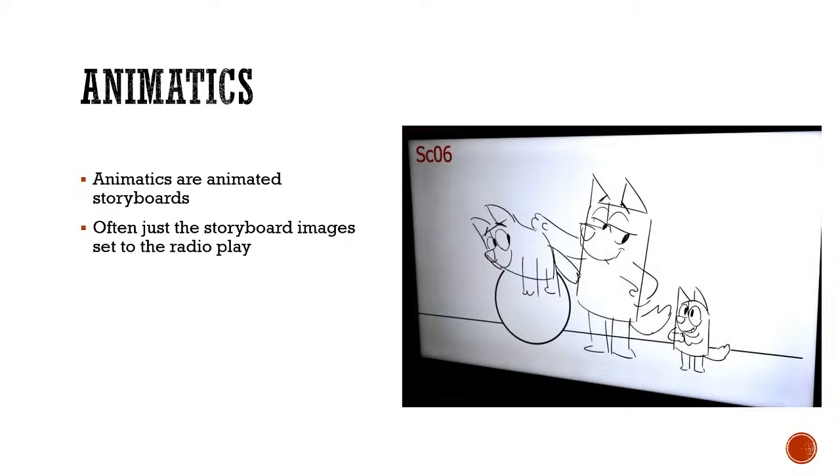I shared three. I shared one for a Gorillaz music video, which is just the song, and you'll see the drawings stay there motionless until it's the next shot. So you'll see the shots go by, and if there's a zoom on a character's face, it just zooms into the image. So it's almost like an animated slideshow.